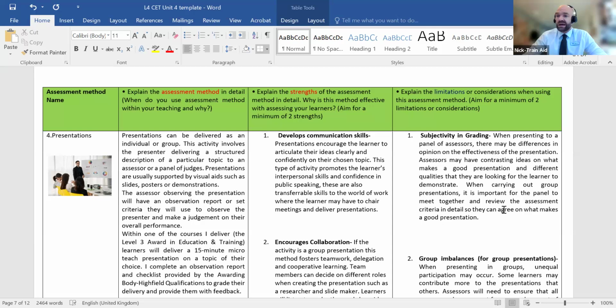So when carrying out these group presentations, you have to meet and discuss what makes a good one, what makes the pass criteria as well. Because when presenting, you might have a particular view that that was a good presentation or a not so good presentation. So you need to be clear on what it is that you're going to be reviewing